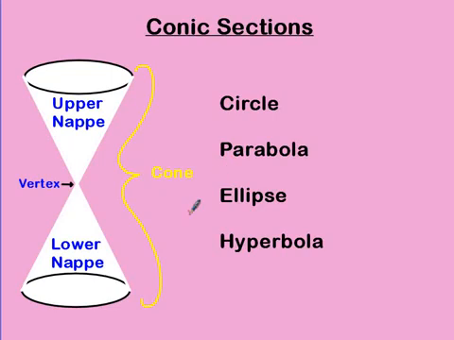Alright, what we're going to learn about today is parabolas, which are one of the four types of conic sections. If I took a cone where I have an upper nappe and a lower nappe, and sliced it from one of the sides and the top or the bottom, you get a shape that looks like a parabola. Think of taking a party hat and cutting down the side of it, and then looking at the shape you cut out, it would look like a parabola, similar to something like this,